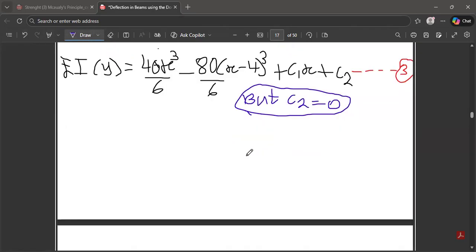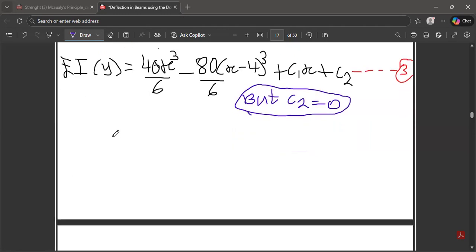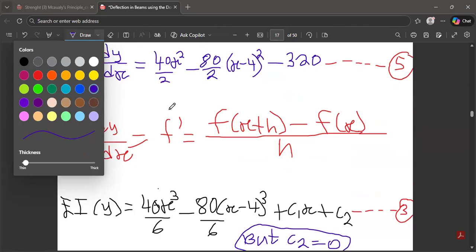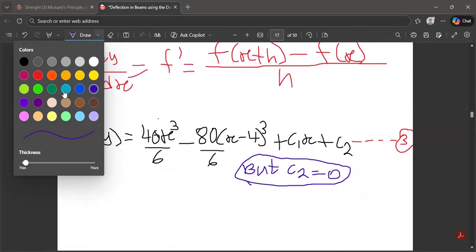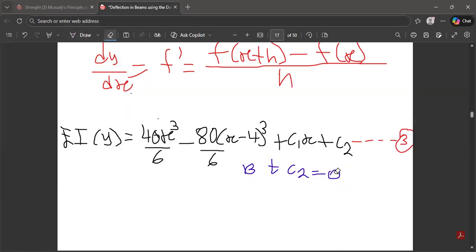So at boundary condition, no, we've already done that. It's the boundary condition that we use to calculate for the constants C1 and C2. So we already know the constants, and for C1, we had negative 320. So let's substitute that into it. We are finally left with our EI to be